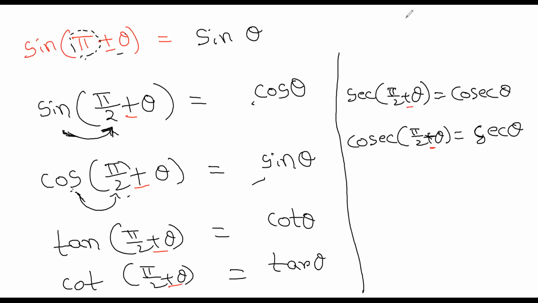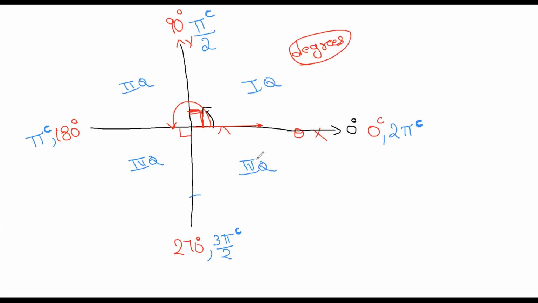Now let's come to this question. So first quadrant, second, third, and fourth. Here there is one trick to remember. In the first quadrant, if the angle within the trigonometric ratio lies between 0 degrees to 90 degrees, or 0 radian to pi by 2 radian, then the output will always be a positive value. That is the meaning of it.